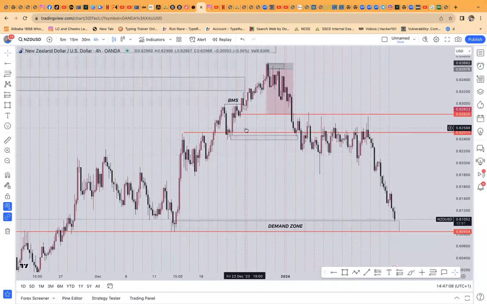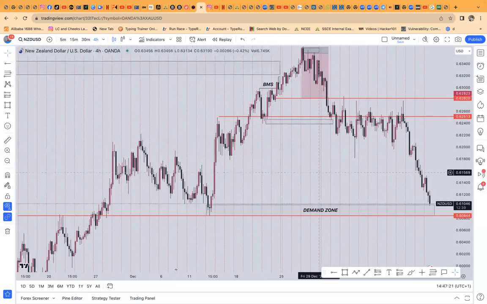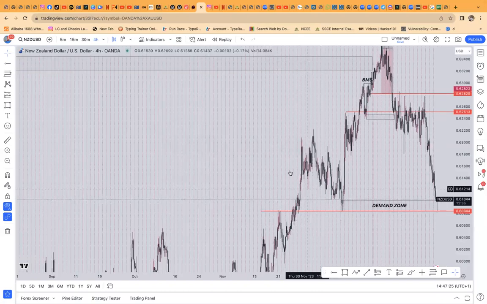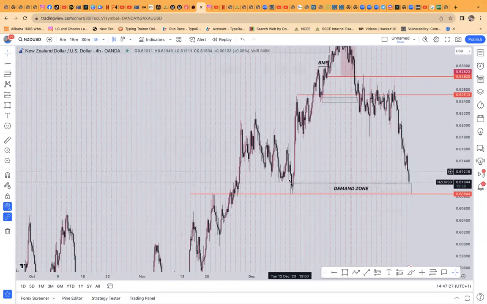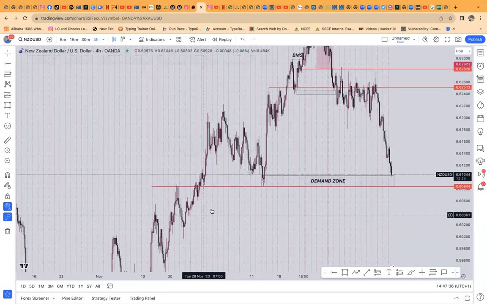It works if you understand what we want to do, because most of the time people might be marking other things and it's not the right thing. Now look at me here. I have this demand zone. Price is already approaching my demand zone. And look at that demand zone, it is actually a psychology level. How do I know? Look here, price, this high, this low. Anything that happens here now, I know what to do next.